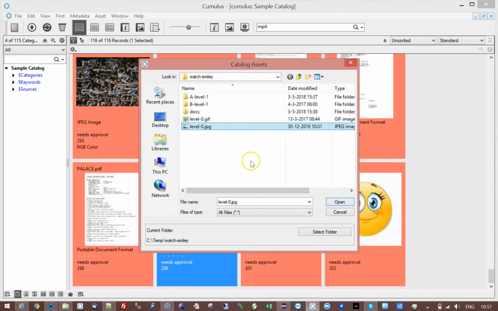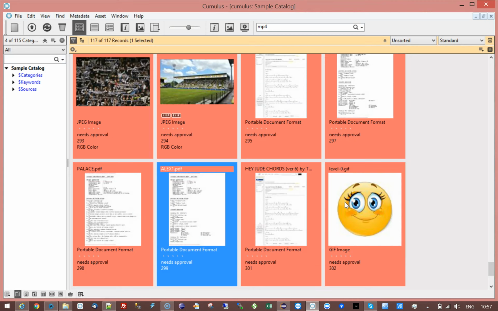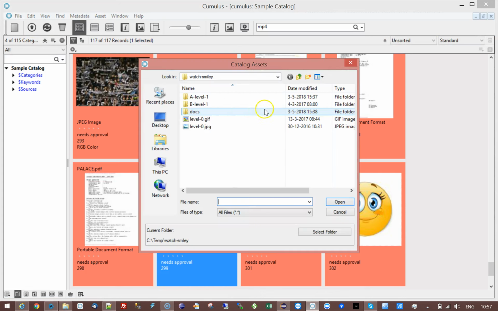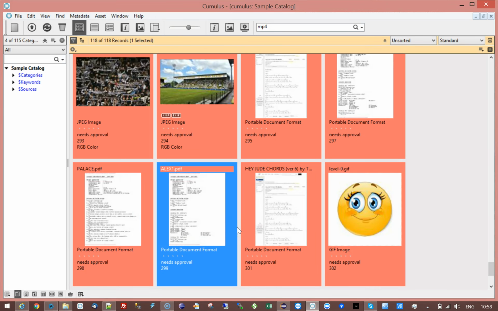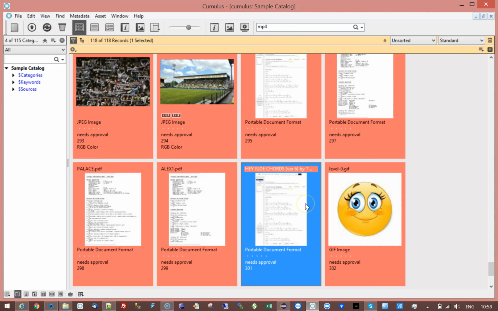Let's also do this JPEG, and then finally, as a final example, let's take this JPEG and rename it so it starts with an A. You will understand later why I would be doing that. So I'm selecting this file. Don't mind the sirens. So if I look now at the files that I cataloged,